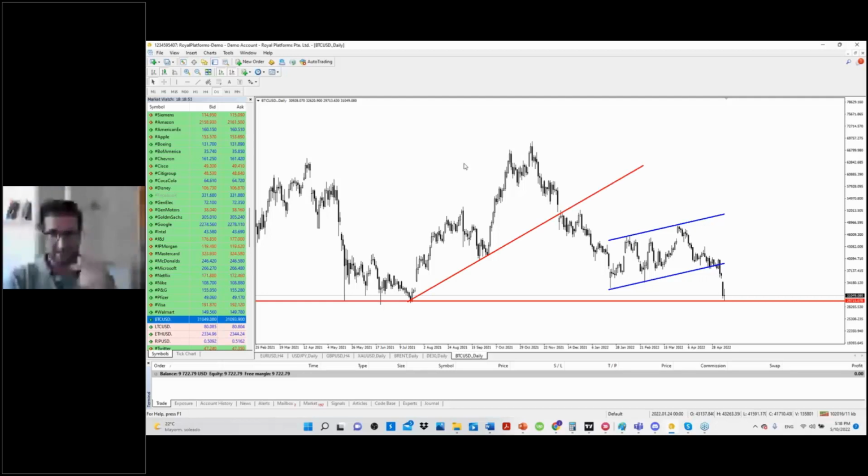The market managed to break it here with a big bearish engulfing pattern around this level. You can see that the bearish bar is bigger than the previous bullish one. So we have a move to the downside all the way until this support here, and you can see that this support is made of these 3 swing lows. So this is a very strong support. Now the market is sitting around this level, which is